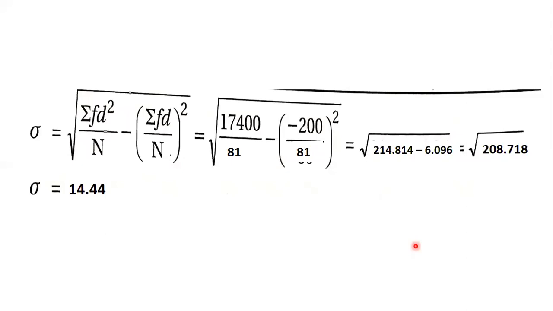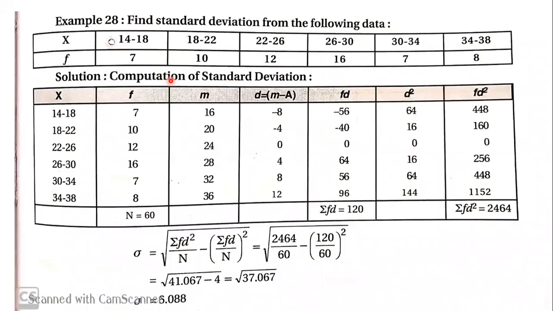Okay, so let's go to the next problem. Next problem is of continuous series. So we solved discrete series. Now we are going to continuous series. Now continuous series also, the procedure or the steps, including the formula, remains same. None of it is gonna change. Only a little changes in the calculation will be seen. So that is where it makes a difference. So let's go through the problem.